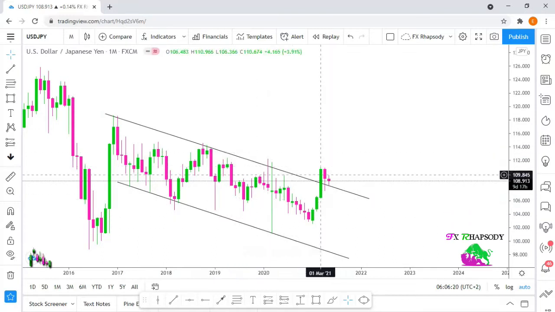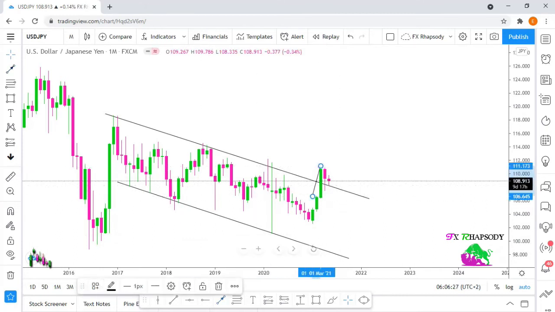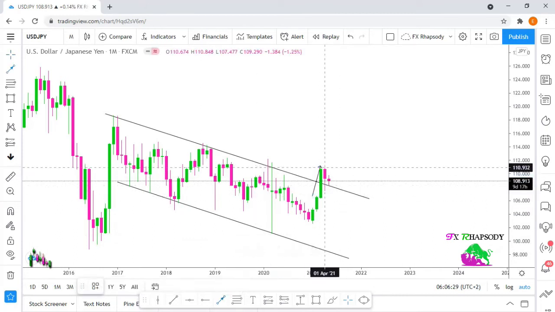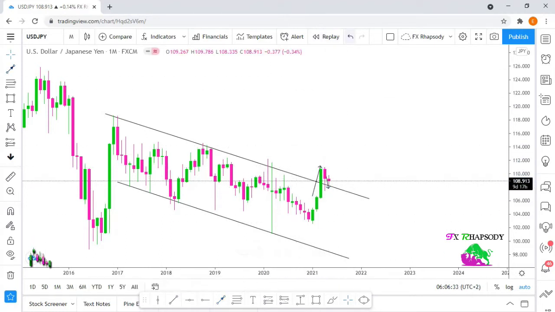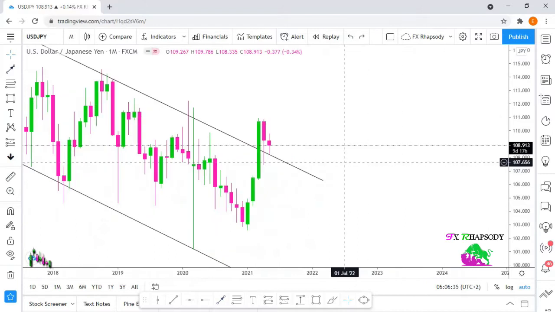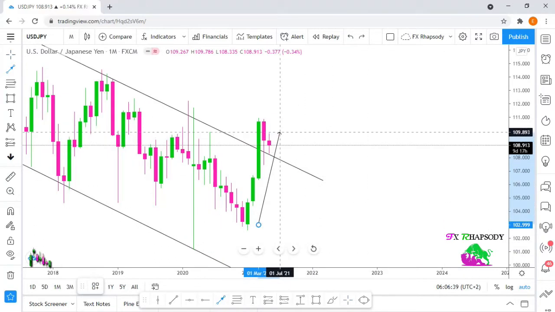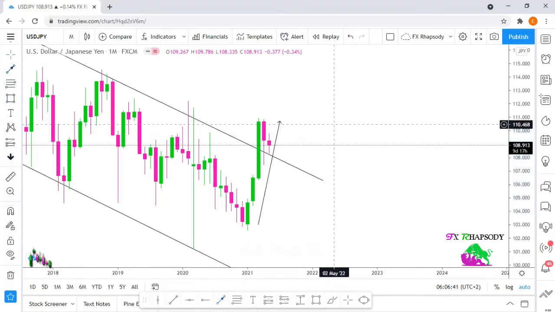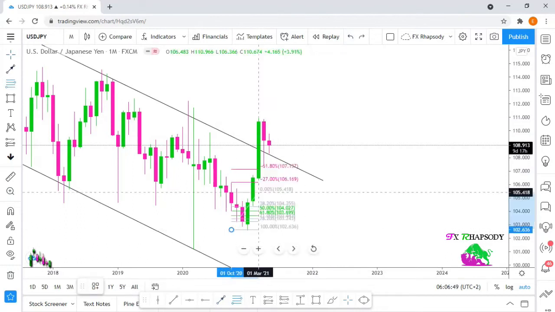So basically we can see that price was bouncing in between these two zones, or these two trend lines, and what happened was price broke out of the zone, or it broke that trend line, came back to retest it. Let me scroll in to measure the retracement, because we can see that the dollar made a huge move to the upside, and then it started retracing back. To measure that retracement, we take the Fibonacci from the low to the high,